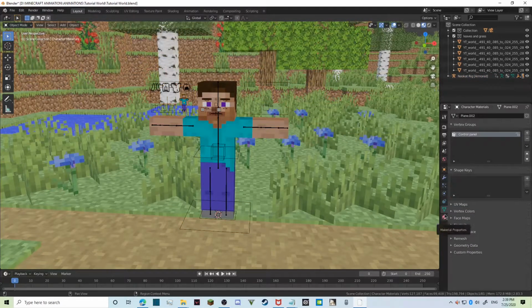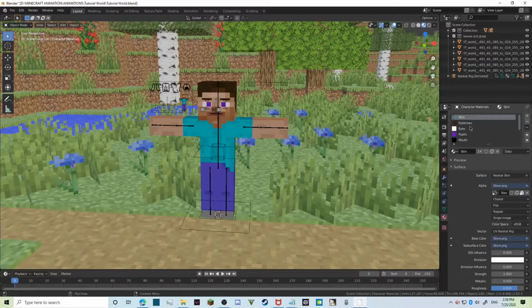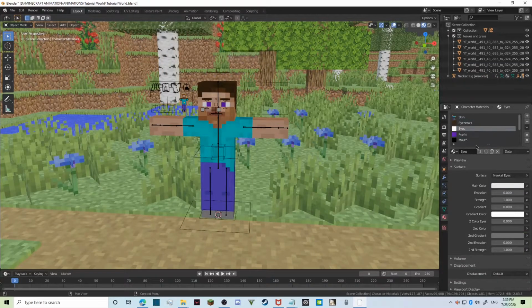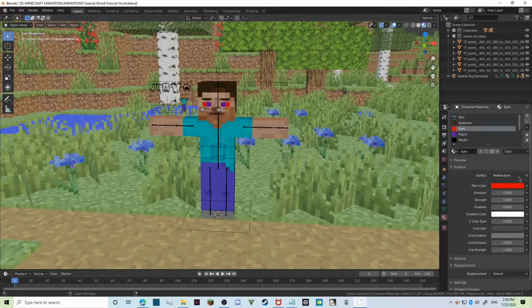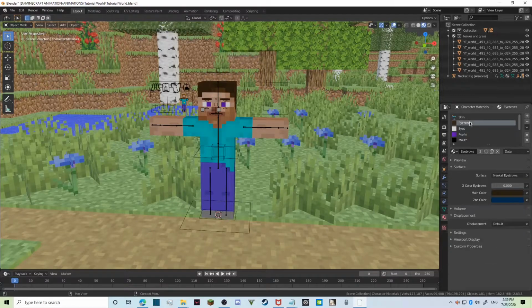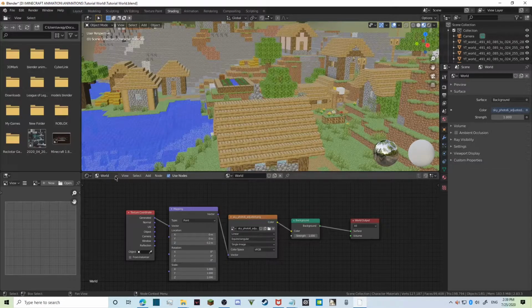Then you want to go into material properties, and see if you're on the eyes. You can change the eye color here. You can make it any scary thing you want. But the eyes are already here and they're rigged. So if you get rid of these, then you won't be able to move the eyes, which is bad if you want facial animation. Then if you go into the shading workspace and you want to add a skin,